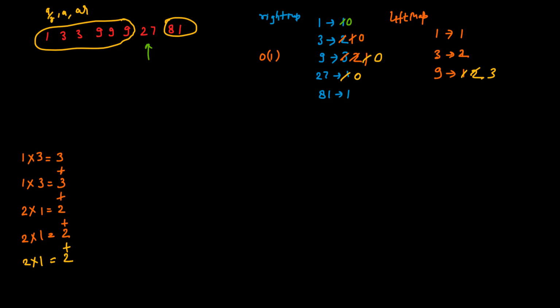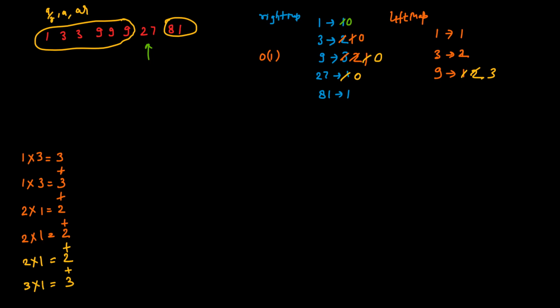So how many A by R is there? 27 divided by 3, which is 9. So how many 9 are there in the left map? We'll go to this left map and see the frequency of 9 is 3. Into how many AR? Basically 81 are there in the right map. In 81 the frequency is 1. So it's totally 3. So we have 3 combinations, guys, because we can use 9, 27, 81, this 9, 27, 81, right?